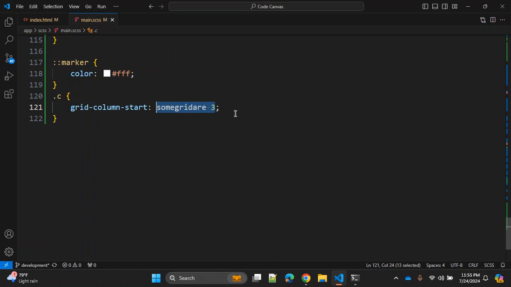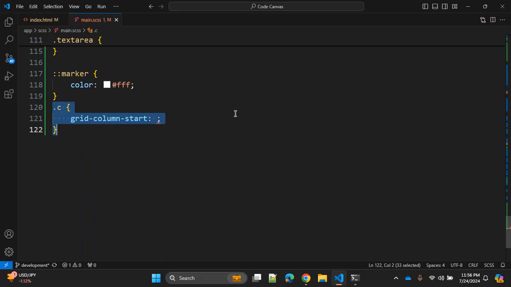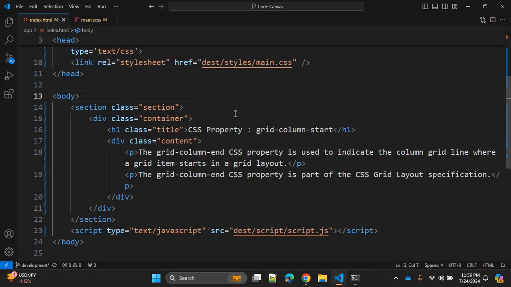You can also use the span value, like span 3 or 4, and a grid area here as well with span. So these are possible values, and we will create a very basic and simple example to understand how